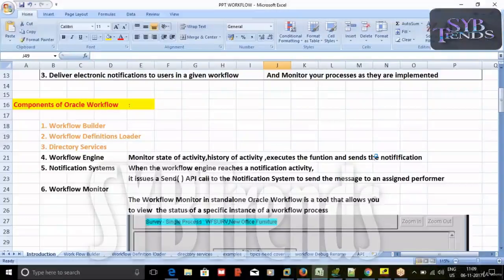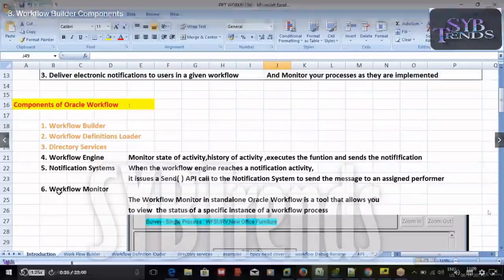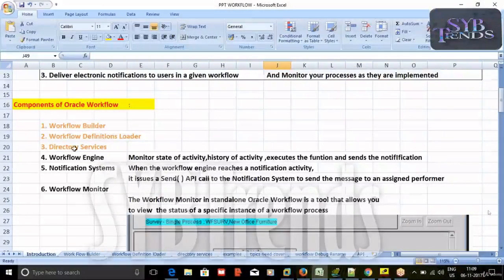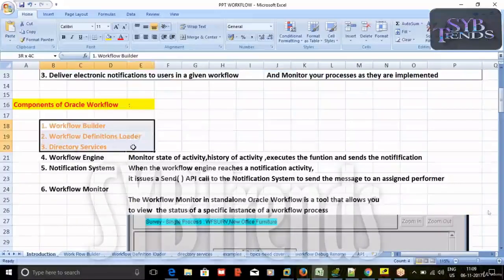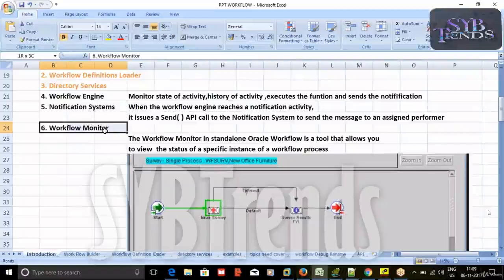as following 6 components. First component is Oracle Workflow Builder, and second one is Workflow Definition Loader, and third one is Directory Services, fourth one is Workflow Engine, and fifth one is Notification Systems, and sixth one is Workflow Monitor. Among which first three we as a developer we will use, and this particular sixth one component we will be